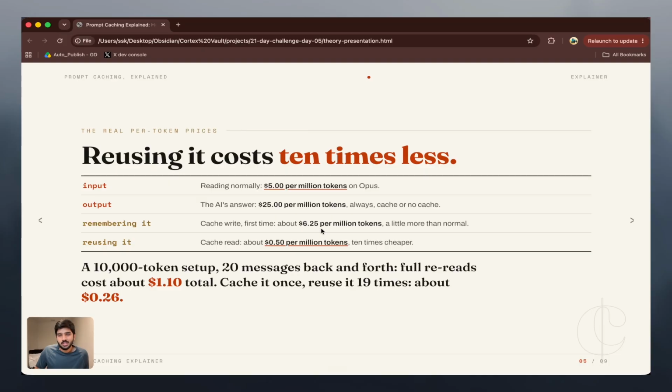So you might think this is more expensive than the base cost, right? But let's say you are doing a 10,000 token setup and in the same session you sent about 20 messages back and forth. If the model rereads all 20 messages again and again, it costs about $1.10 total. But if it caches your data once and reuses it 19 times, then it costs just about 26 cents,